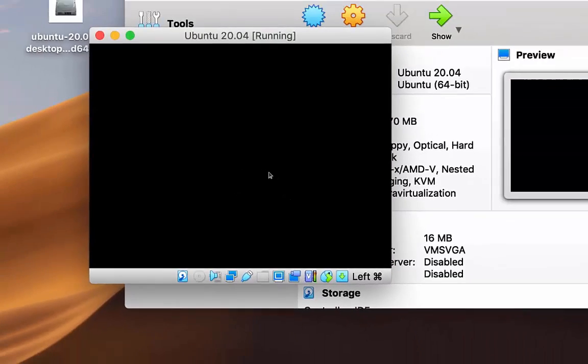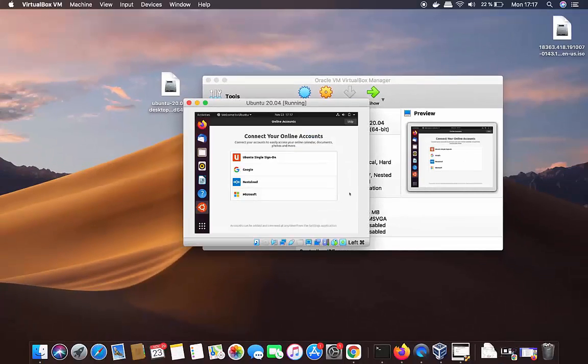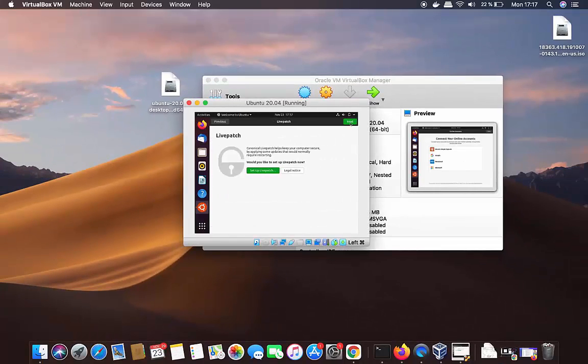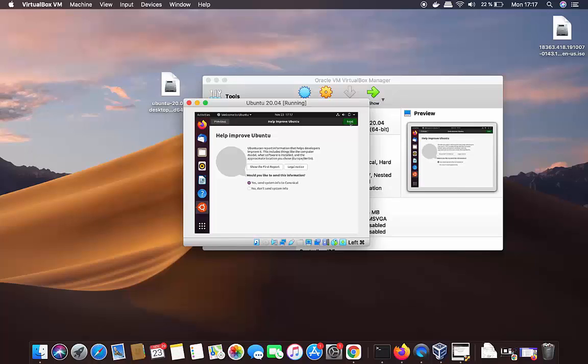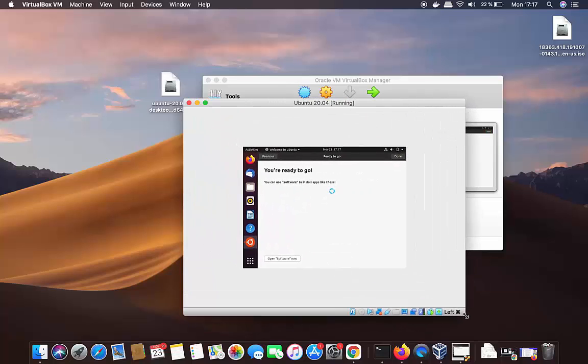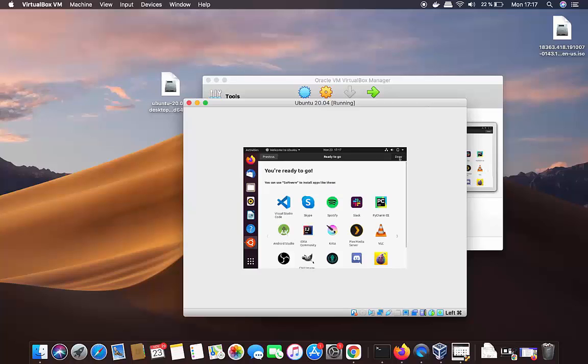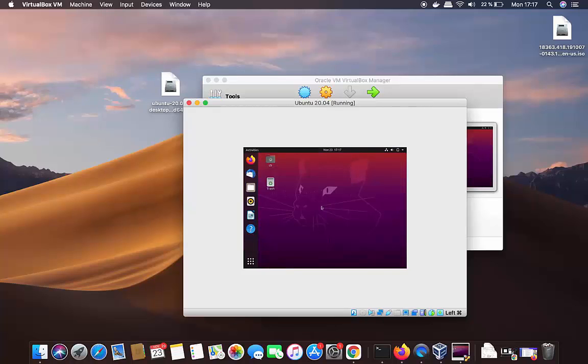which is going to start my Ubuntu operating system. So now you can see my Ubuntu operating system has been started, but there is one problem which I will discuss right now, and also the solution I'm going to give you, which is when you resize your guest window, the Ubuntu doesn't resize according to the size of your window. So this problem you can solve by just installing VirtualBox Guest Additions on your Ubuntu operating system, which is the